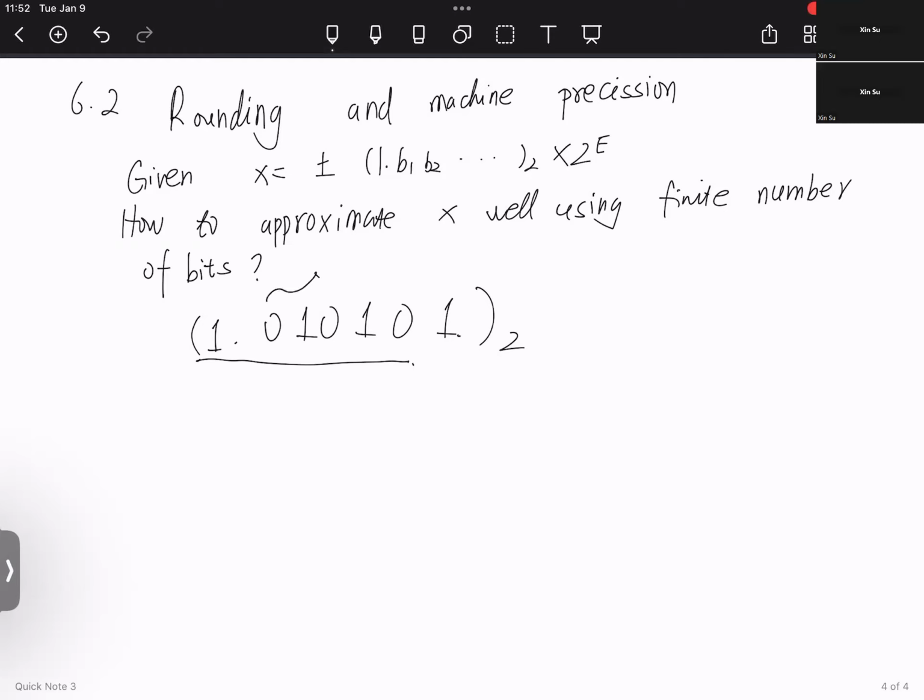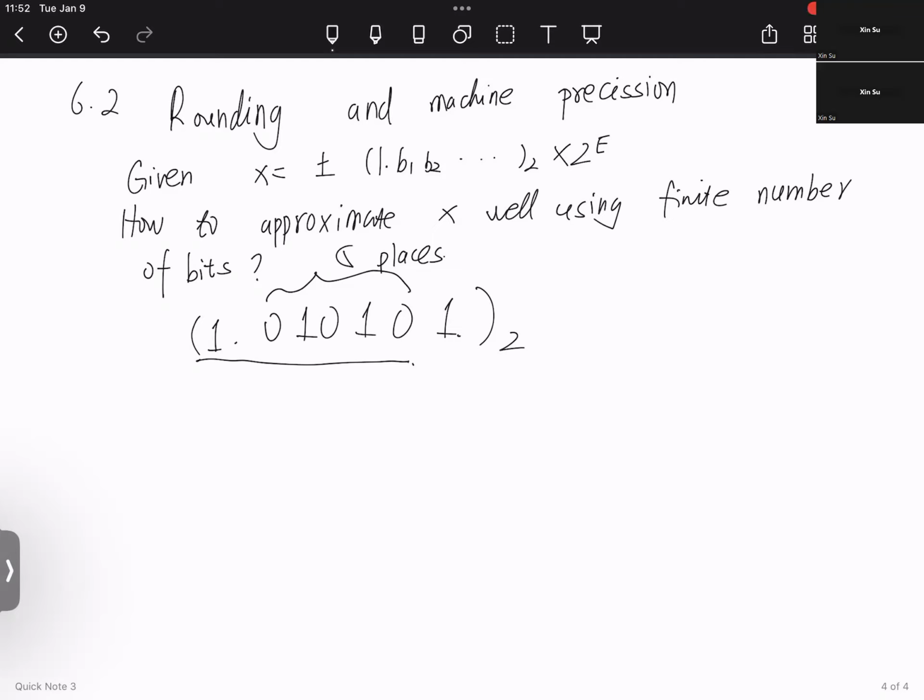So we only want to keep 5 decimal places here. Will you round up or round down? It depends. We have the integer here, and then we look into the next numbers. That is a 0.4. If we want to decide whether we need to round up or round down, and we only keep 5 places,